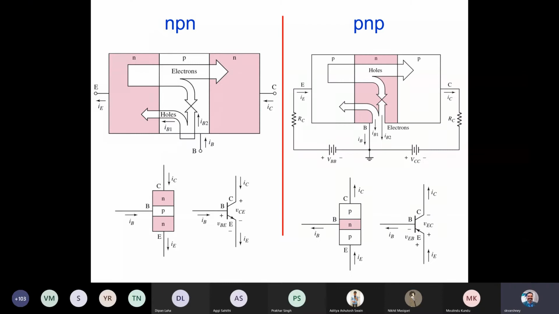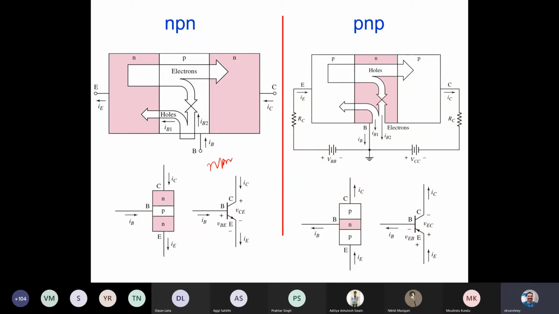So I think this is what it looks like. The convention to represent a BJT is this symbol that you can see. This is NPN: the current coming out from the emitter tells us that it is an NPN type transistor. And if the current goes into the emitter, it is the other type. Here the majority charge carriers would be electrons, whereas in this case the majority charge carriers will be holes, because of the PNP.